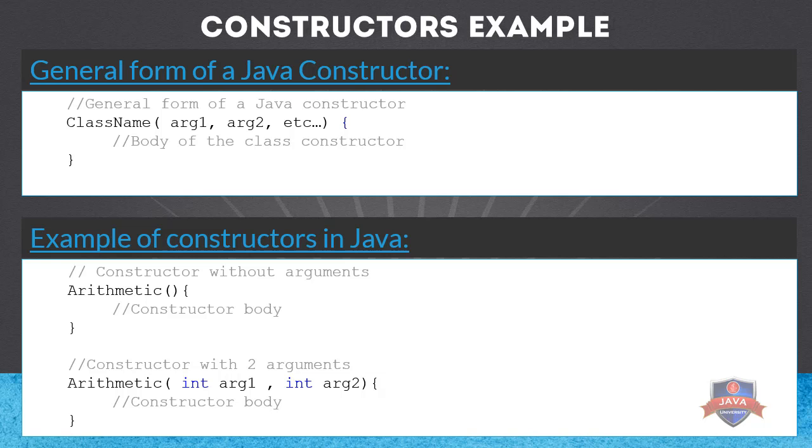Finally, it should be mentioned that a constructor, unlike a method, does not return any value. Therefore, we will not find the word return nor a return type in the signature of the constructor. This is because what a constructor returns is the object itself. It means a reference to the object.